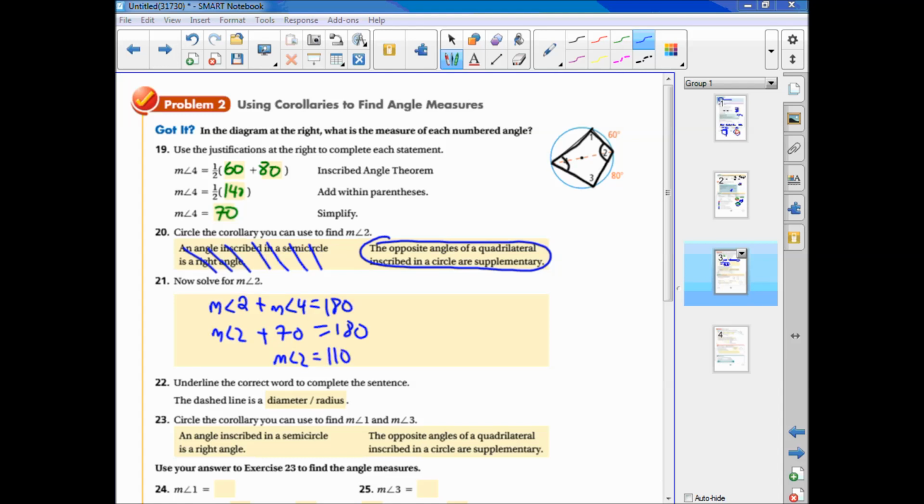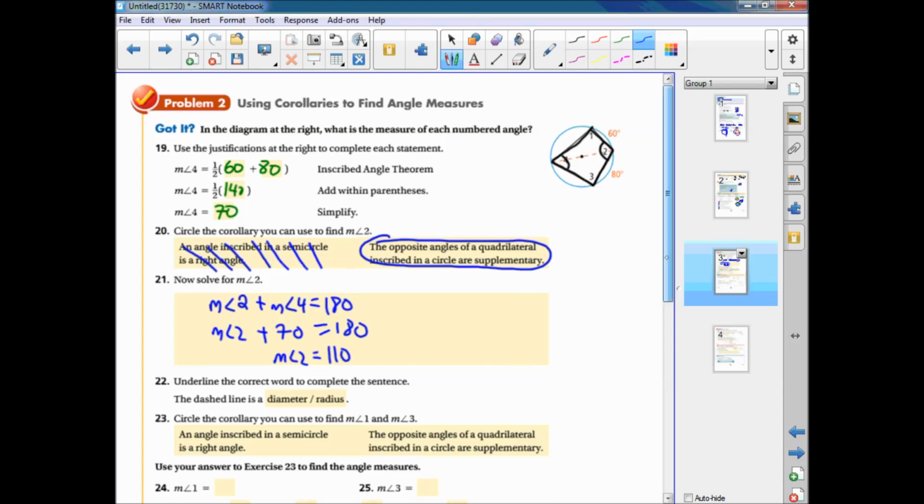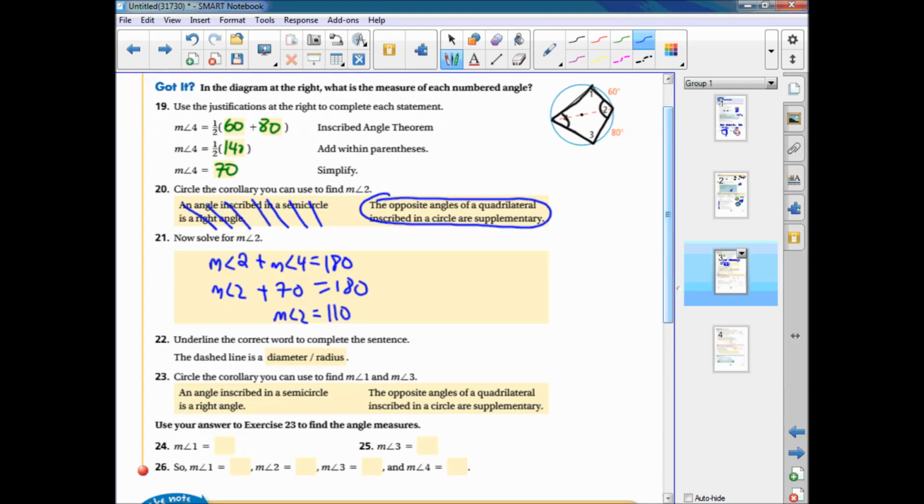All right. Underline the correct word to complete each sentence. So the dashed line is a diameter. It goes all the way across, not halfway. So it's a chord. Okay. And circle the corollary you can use to help you find a measure of angle 1 and angle 3. So an inscribed angle in a semicircle is a right angle. We're not going to use the same one we used earlier. Okay. So